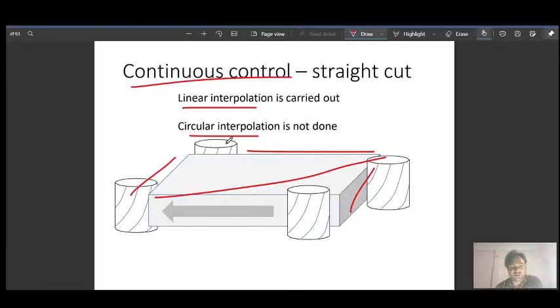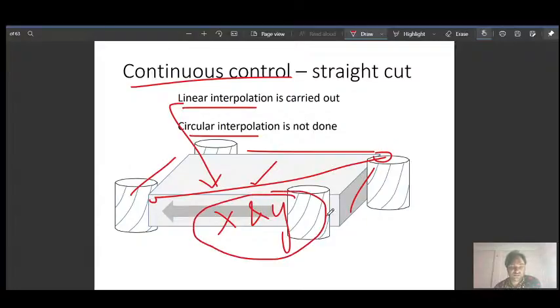Although this one is linear, we cannot call it straight because there is variation in both x and y in that case. So it is using linear interpolation to move from one point to another point, and it can be contour motion.